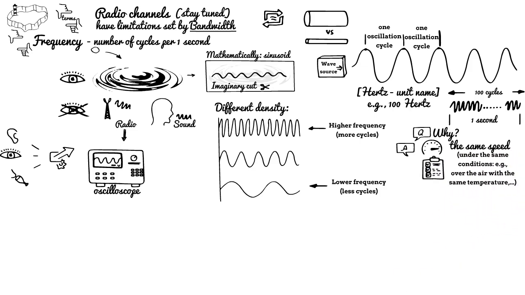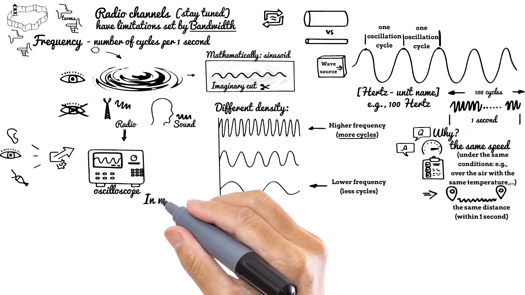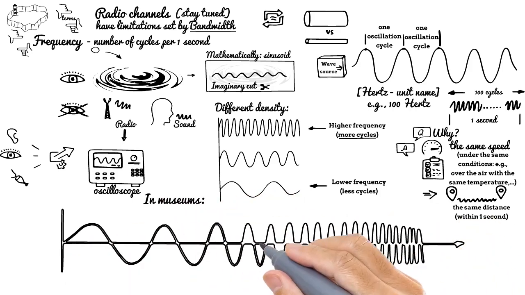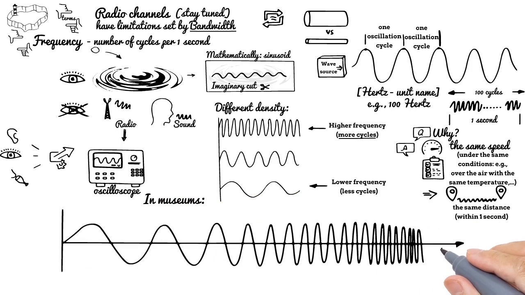For example, in a vacuum, their speed equals the speed of light. So two radio waves of different frequencies will travel the same distance within the same 1 second. As a result, a wave with higher frequency will have more cycles than a wave with a lower frequency per second. In some science museums, I saw a graph with XY axis, where the x-axis was for frequency values, and for better visualization,